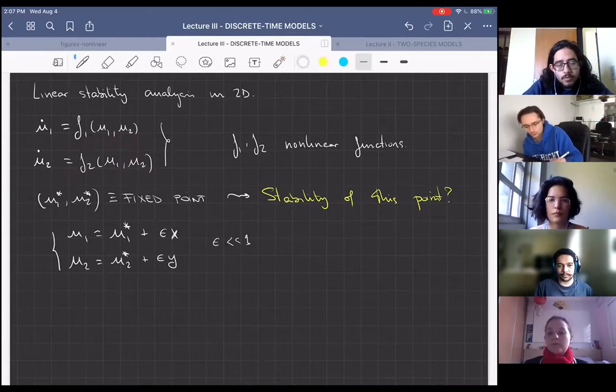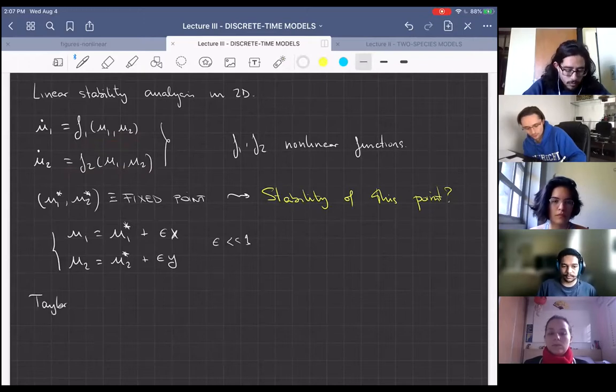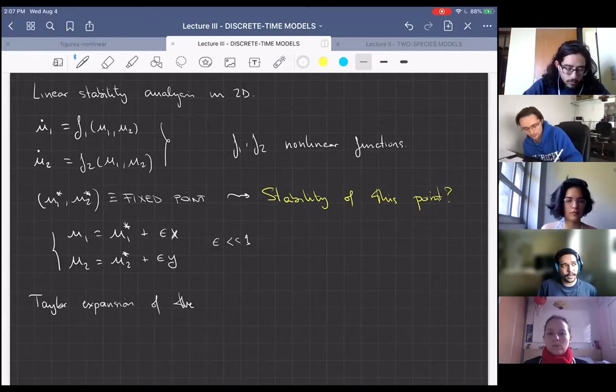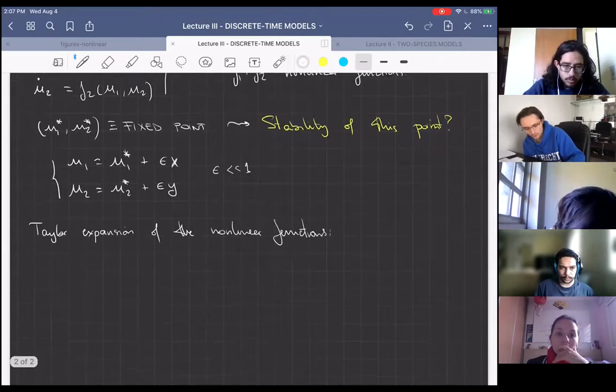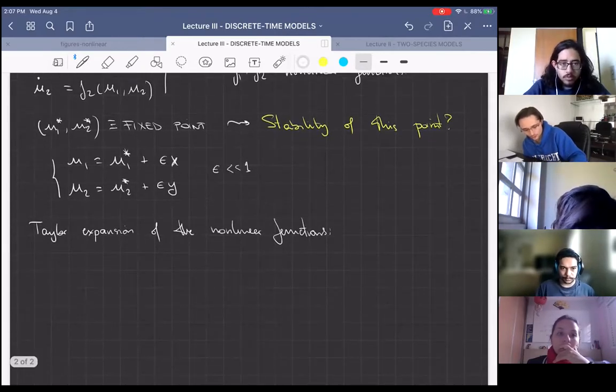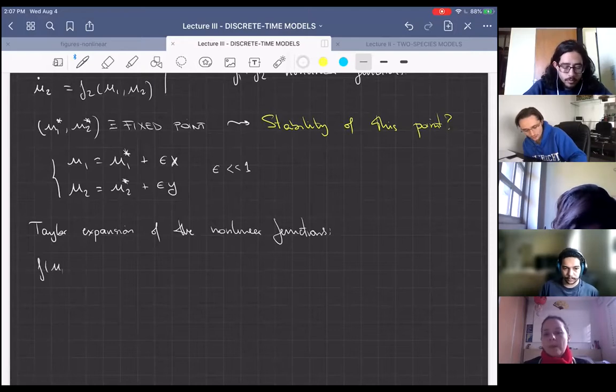So for those of you that are already familiar with Taylor expansions in more than one dimension, this is kind of a straightforward Taylor expansion of the nonlinear functions. So you see that the math so far is not very tricky, but it will get a little bit more subtle in a while. So this is basically the